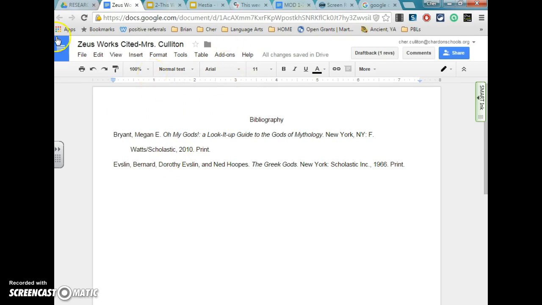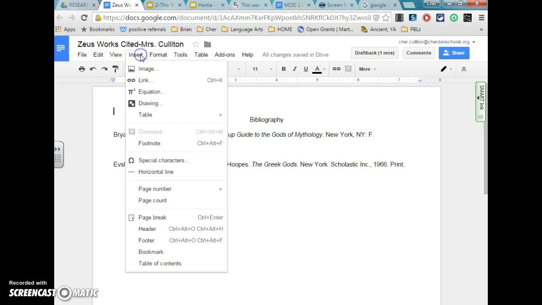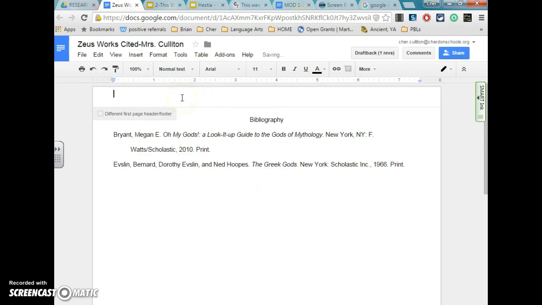Now, the other thing that we need to add here that it doesn't do for us is put our last name in the upper right-hand corner. So we're going to go to Insert, and we're going to insert a header, and it brings up a little box up at the top. Now, in a Works Cited, we want our name all the way to the right. So if you can find where that right align button is, you have the left align, the center. We want the one that says right align. Click that, and it moves your cursor over, and you're going to type your last name, just your last name,